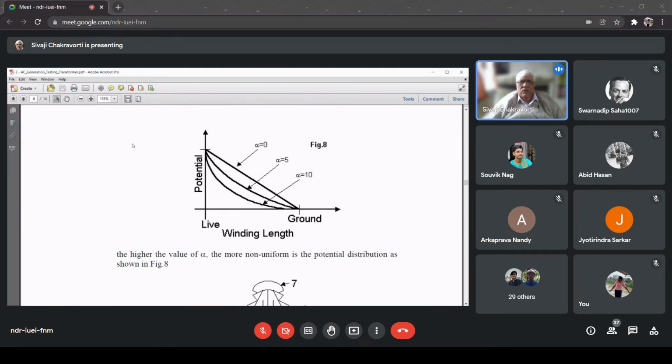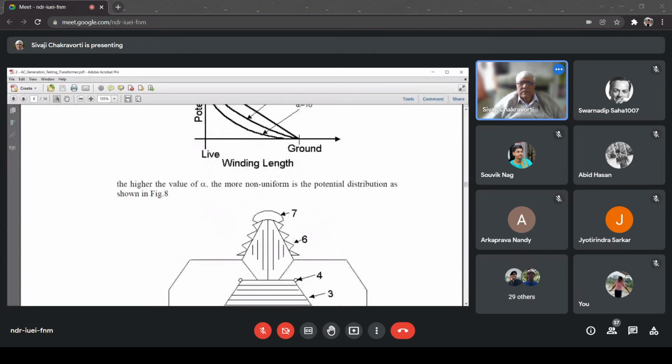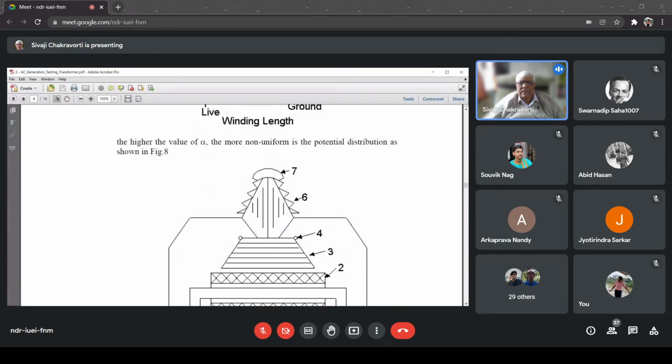So if I draw curves for different values of Cg, where Cg is represented as a ratio alpha, that is Cg by Cs. If alpha is 0, that means Cg is very small compared to Cs, then it will be almost linear. Then as alpha is increasing, that means for a given value of Cs, if Cg is increasing, the potential distribution becomes more and more non-linear. Now, how can we adjust that? But before that,